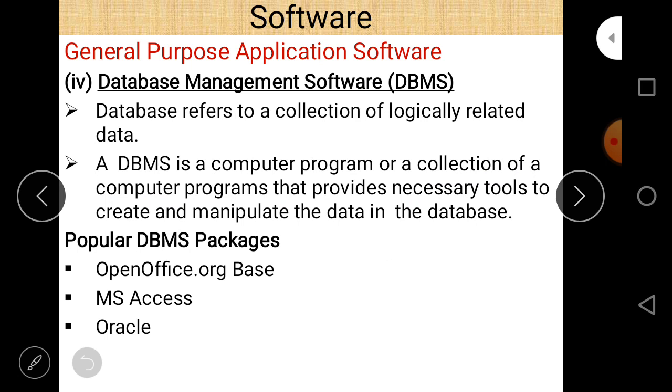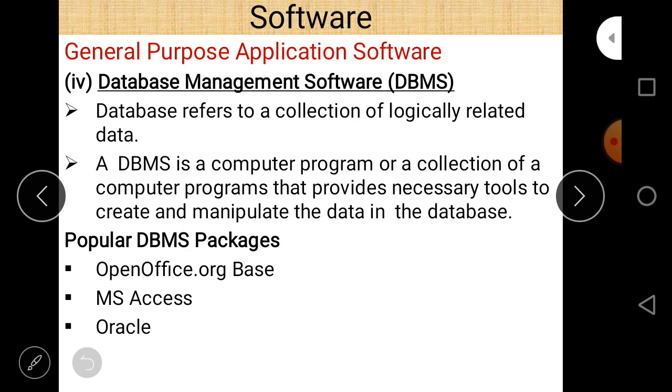So what is a database? Now database is interrelated data. Interrelated data means a collection of data which are interrelated to each other. For example, roll number and name are interconnected or interrelated to each other, because if some student has roll number 5 and suppose his name is Amit, then his attendance can be marked by either calling his name or calling his roll number.